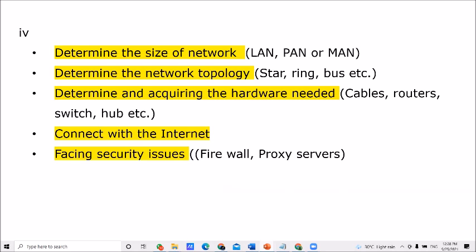Therefore, you need a proper security system to avoid these types of hacking. Then you have to think about how to set up the firewall or proxy server. Write down these factors here, the initial factors you want to think about when you are establishing the network system.